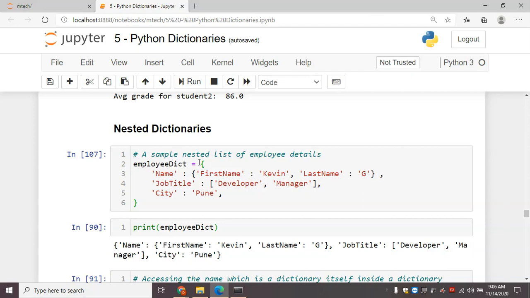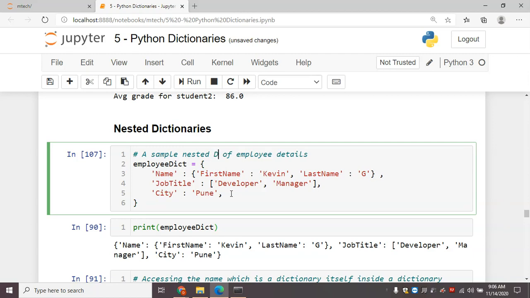Now we discuss how to work with nested dictionaries. So this is a sample nested dictionary which has employee details.